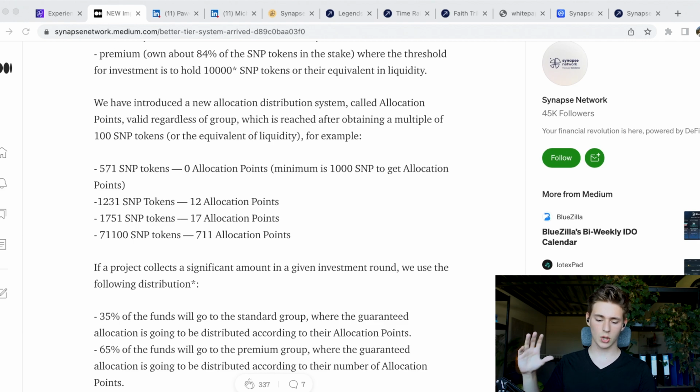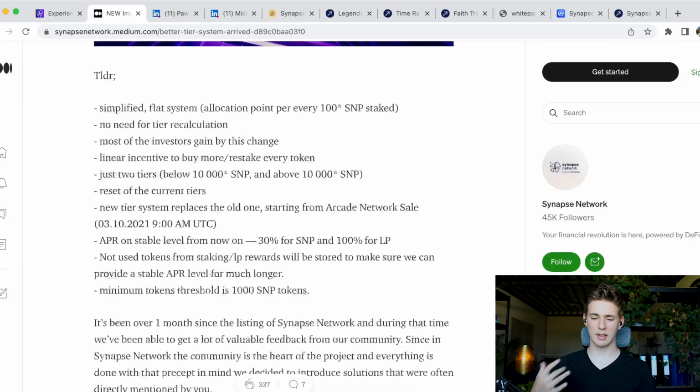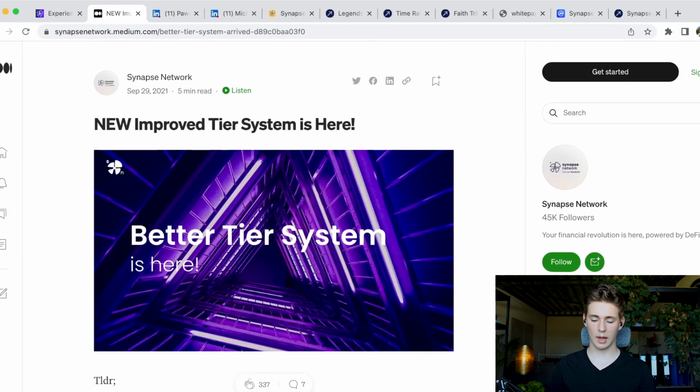Now, in my opinion, this is overcomplicating the tiered system by a lot. Some people might like this because it's new and it's different, and theoretically it does also have its benefits, but in my opinion, it's just way too difficult. It's hard to wrap your head around. Beginning investors are not going to understand whatsoever, and even seasoned Launchpad users are not going to recognize this system because it's not been implemented anywhere else. So in my opinion, I'm not very bullish on this particular tiered system, but there it is.